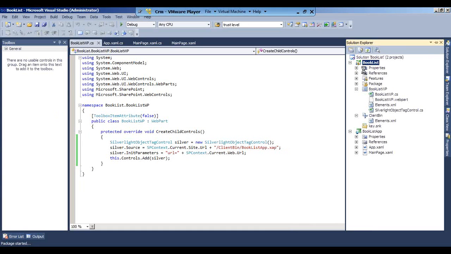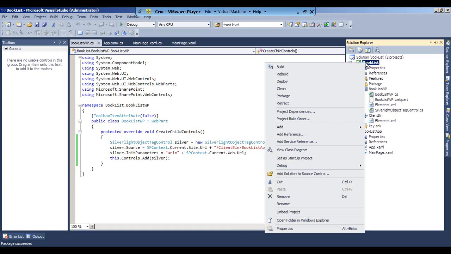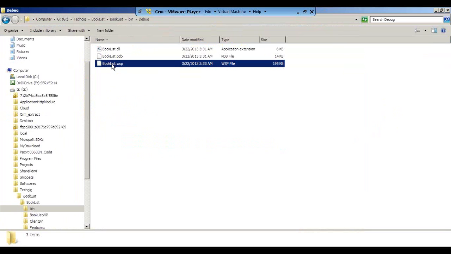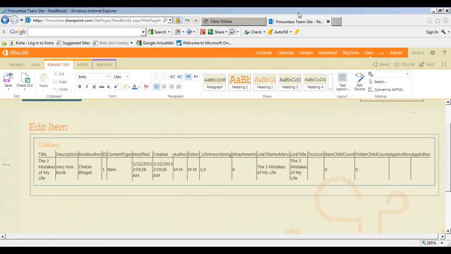Now, as we are confident that it is working on-premises, we'll try to deploy this within Office 365 as we have done for the previous one. I'll go into my bin folder, debug, WSP. I've copied it. I'll go to my desktop. This is the booklist.wsp. Once more, I'll go to the